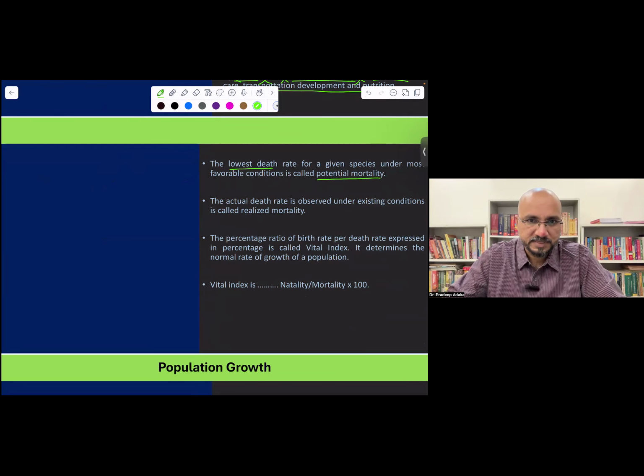So there is something called the vitality index. It is the percentage ratio of birth rate to death rate, expressed in percentage. So natality divided by mortality, multiplied by 100, is called the vitality index or vital index. Now I think you are familiar with natality and mortality. Okay,